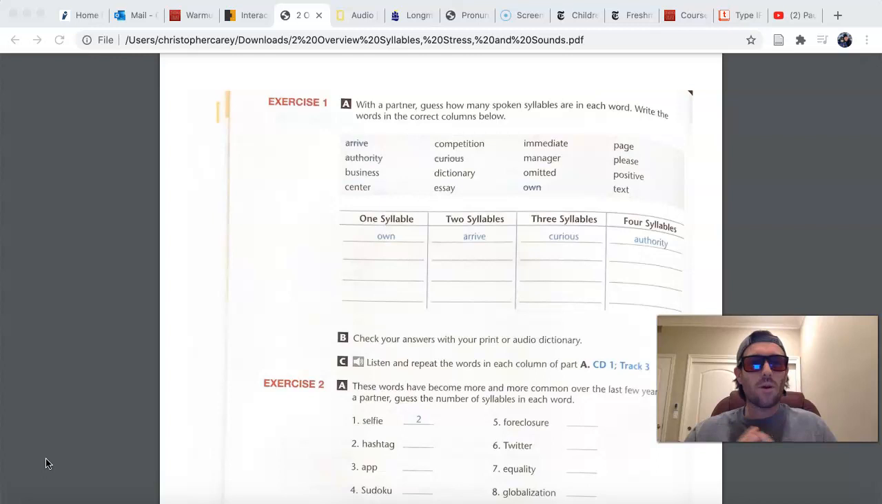Now here's our warm-up exercises 1 and 2. It's not an assignment. You don't need to submit anything. This is just practice to get you comfortable with syllables. So if you're going to join us for our session on Thursday, October 22nd, we're going to practice this together. But for now, since we're watching this video, try and see if you can guess how many spoken syllables there